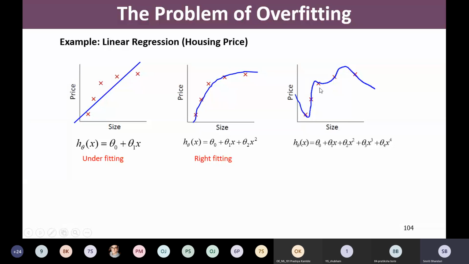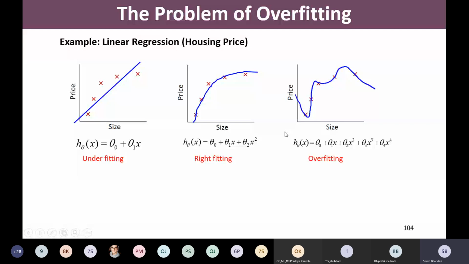That is why we may find that if I go with such a hypothesis, my cost, or the error, will be minimum with respect to our training data set. But whether to go with such a hypothesis, one that fits each and every training sample, we may not advise going with it, and such a situation is known as overfitting.